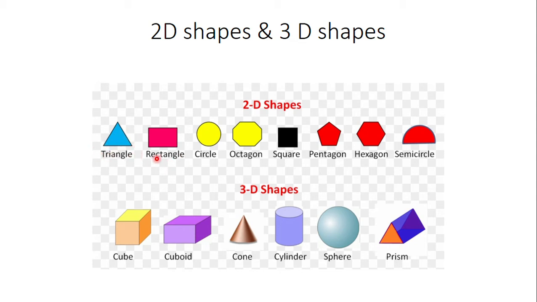We can also use L into B to find the area of a rectangle, and pi r square to find the area of a circle. And for the other figures, in the same way, we can use the respective formulas, which you will learn in your higher classes. We also have a one-dimensional quantity that you can measure for these two-dimensional shapes.